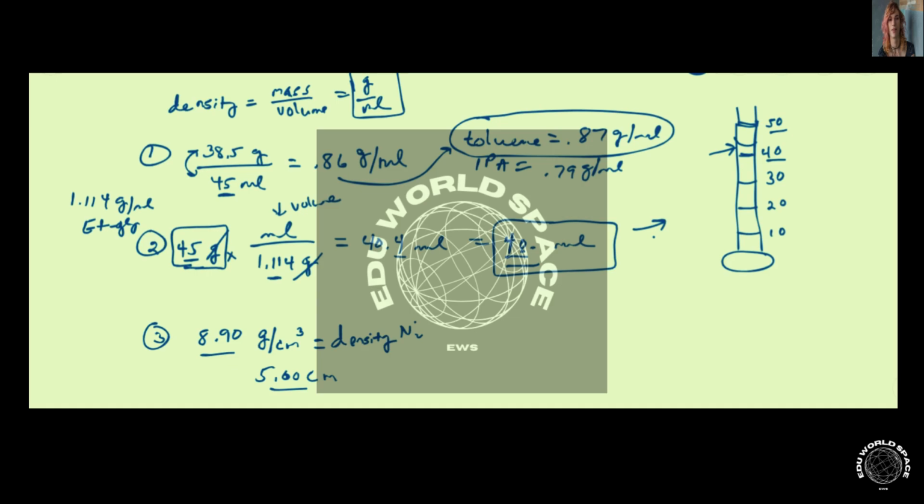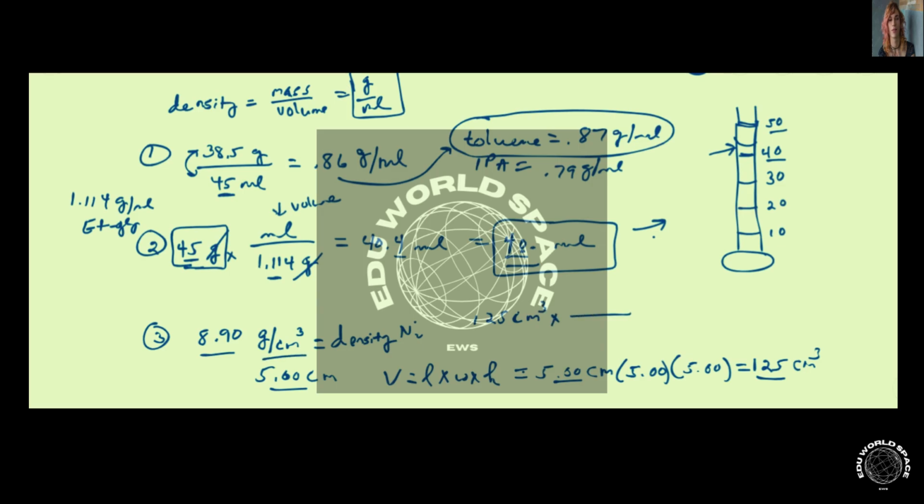Let's start by determining the volume of the nickel, which we know is length times width times height. Because it's a cube, each of those numbers is the same. Each is 5 centimeters, so we multiply 5 times 5 times 5 and get an answer of 125 cubic centimeters for the volume of this cube of nickel. We can keep that to 3 significant figures because that's what each of the measurements has. Now let's take that number, 125 cubic centimeters,